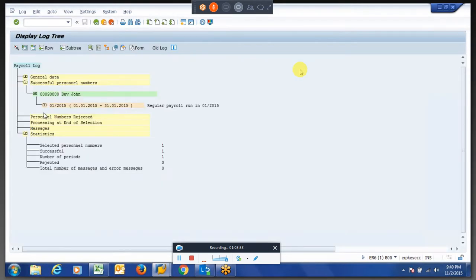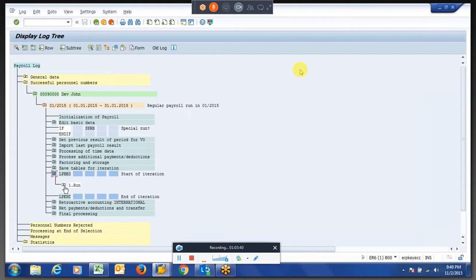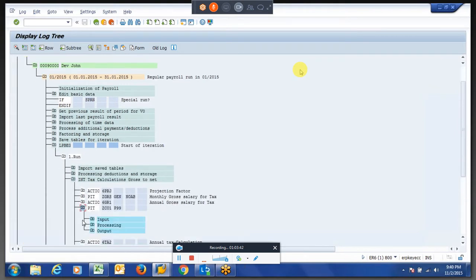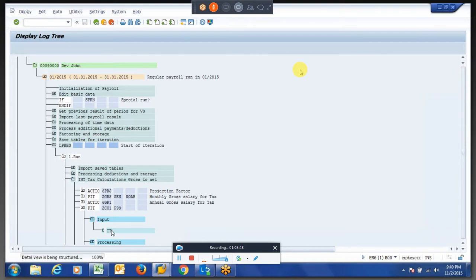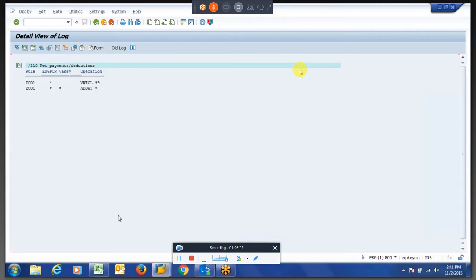So still we are not getting something in the IT table. There are no contributions in the IT table as of now, so definitely our rule won't work for any of the wage types. It is going to processing class 99, there is nothing there, and it is doing nothing as of now.